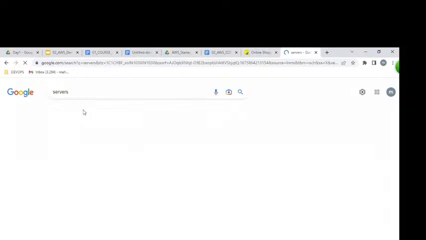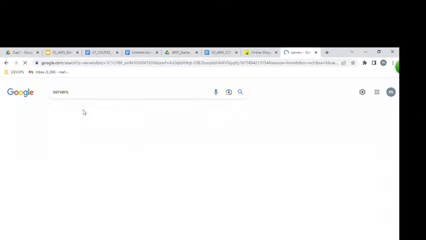Once our application is placed on those servers, we access it over the internet as a website. I hope you understand what an application is. The website is hosted on the server side, then we access it over the internet.